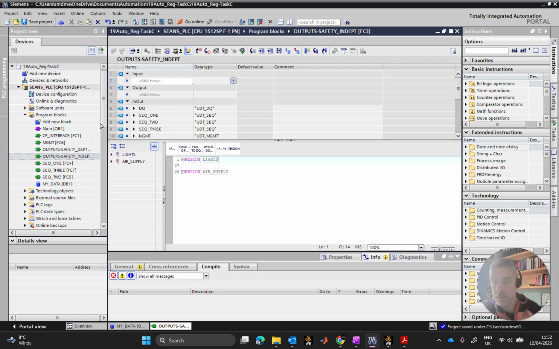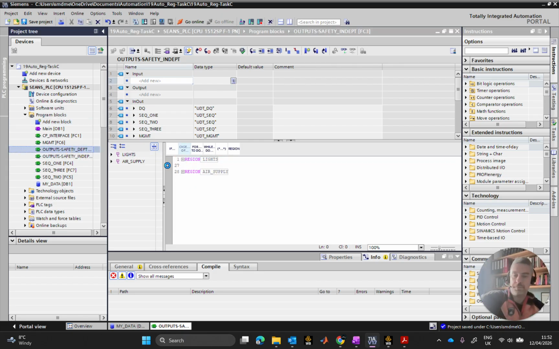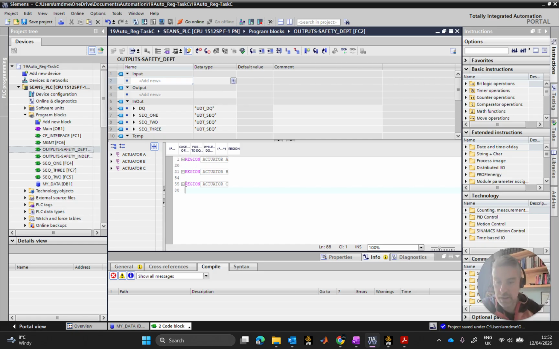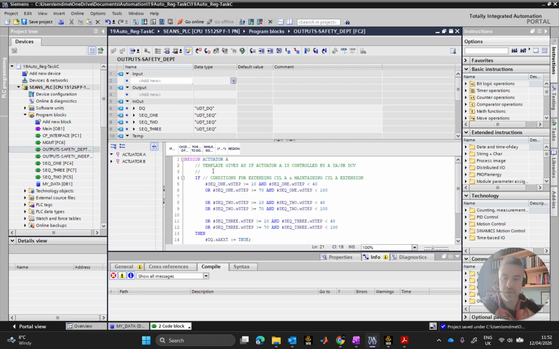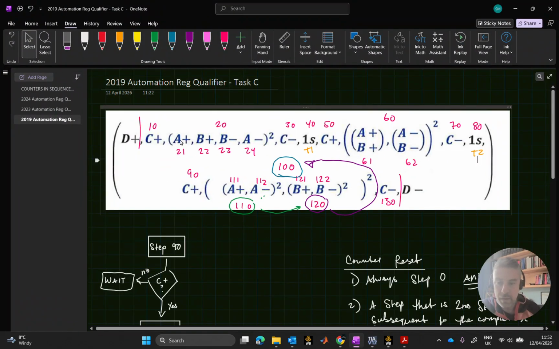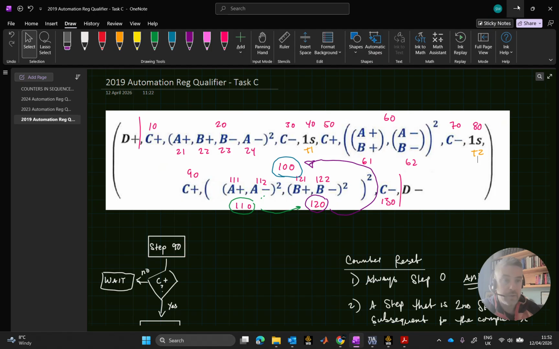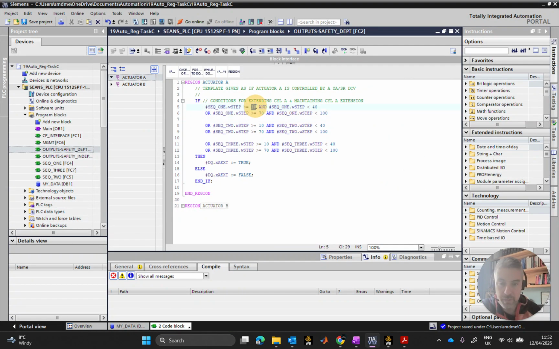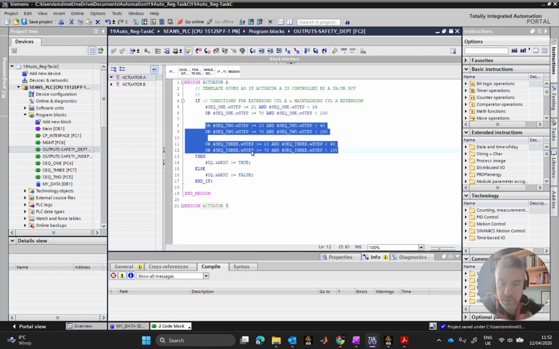There's our lights done. Safety dependent, going for actuator A and B. There is no actuator C as far as safety dependent linear actuators go. For A, the template gives if the actuator A is controlled by a solenoid actuated spring return valve, which it is. So when do we want A to go out? A goes out in 21 and back in 24. So in sequence 1, if I'm greater than or equal to 21 and less than 24, by the way, I'm just going to delete out sequence 2 and sequence 3